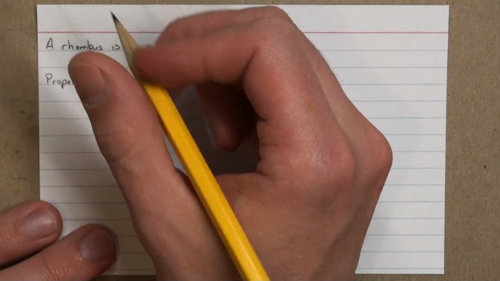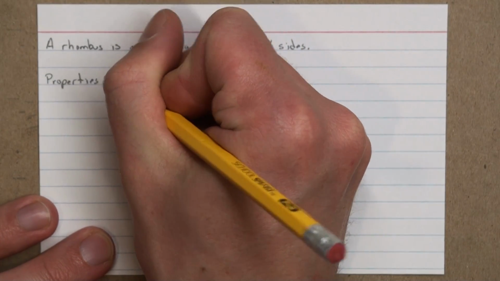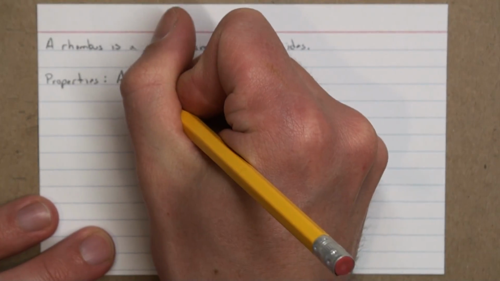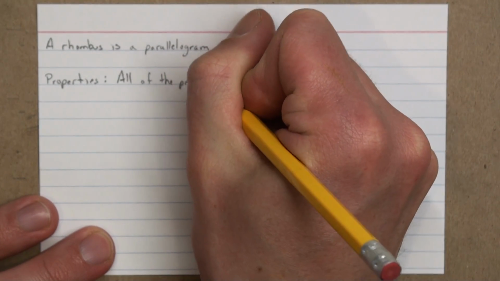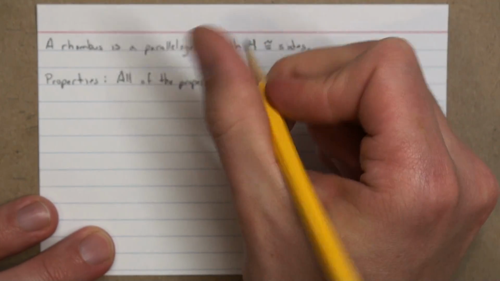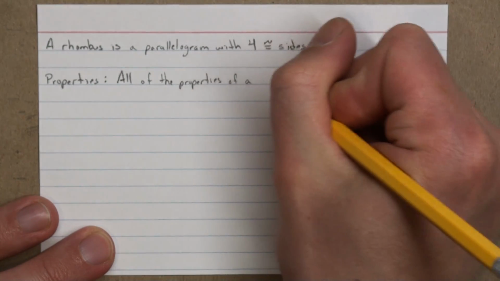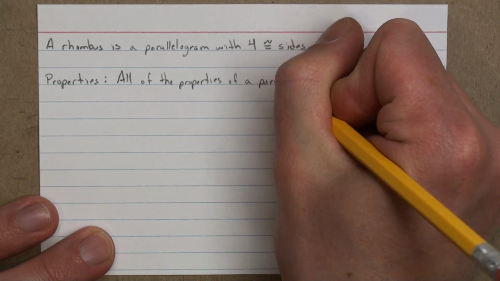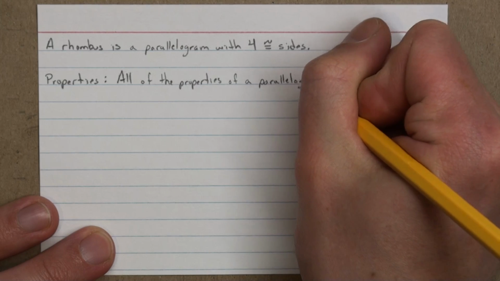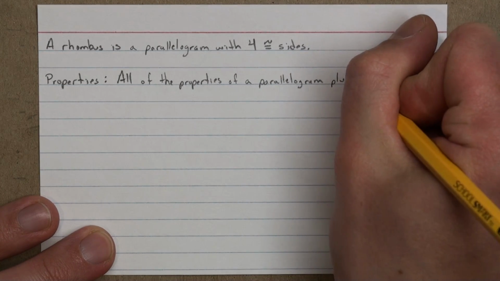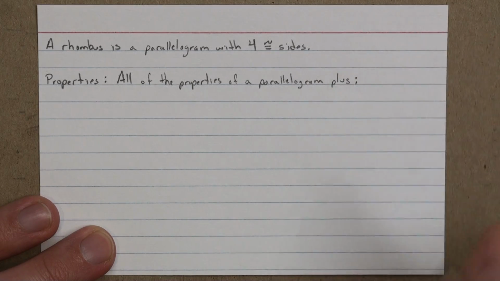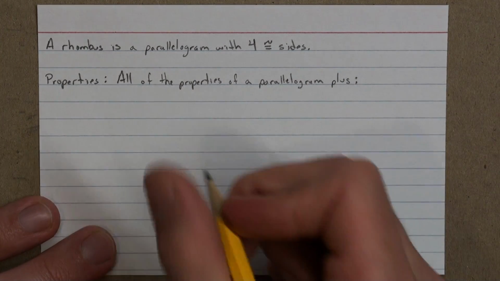So just like the rectangle, the rhombus has all of the properties of a parallelogram, plus it has 4 congruent sides,